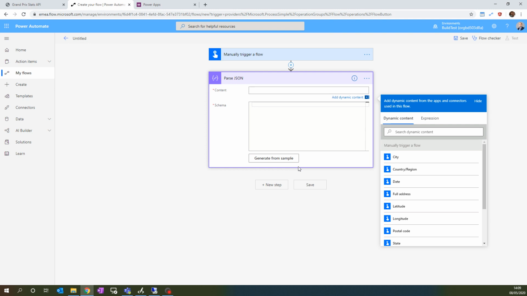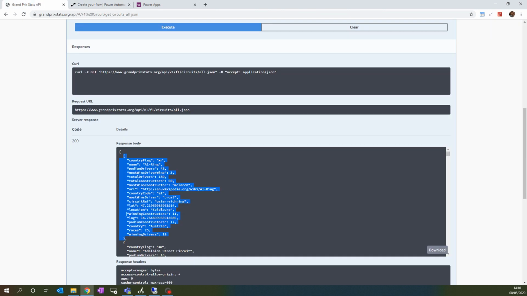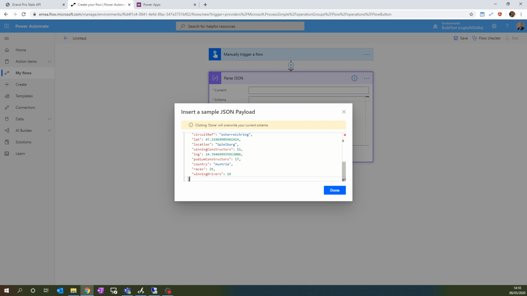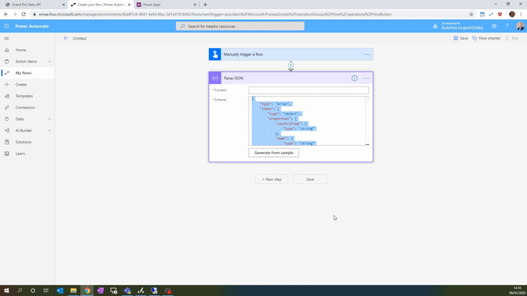So this is a very handy tool in Power Automate, where based on a sample data that you give it, it will generate the schema for you. Okay, so I'll just copy the whole opening and close bracket as well. So generate from sample, paste, we will add the closing square bracket there so it matches the top, and remove the extra items there, and I can say done. And as you can see here, now it translated my sample JSON object into the schema, which is of course a very handy tool, power saving tool, and even for the non-technical people it will help a lot. So that's my